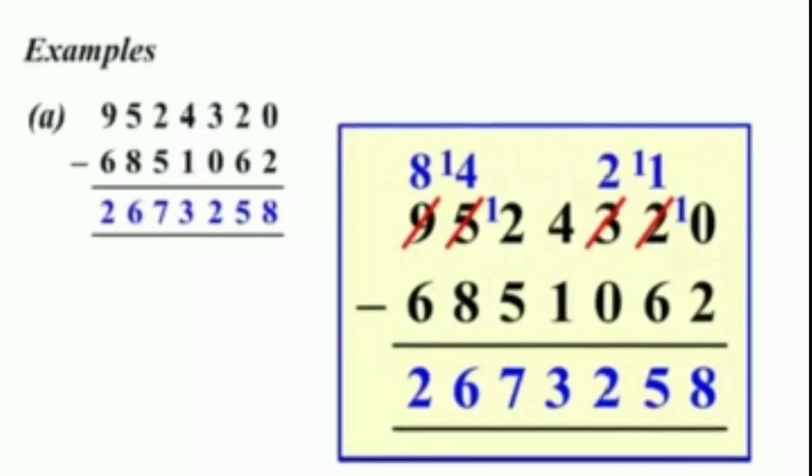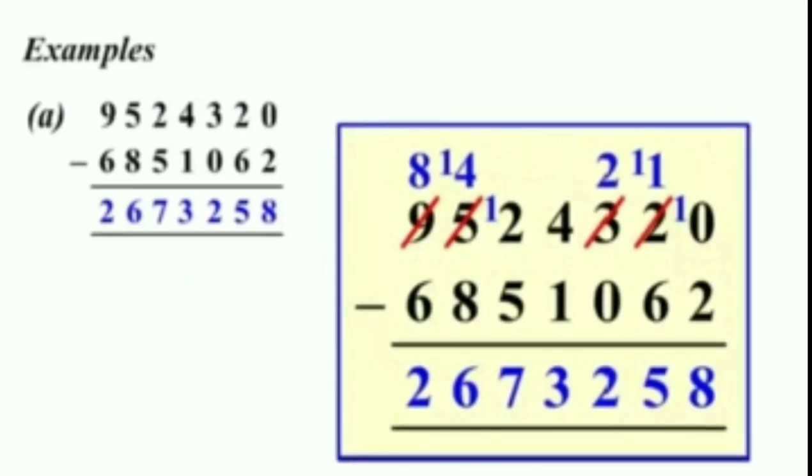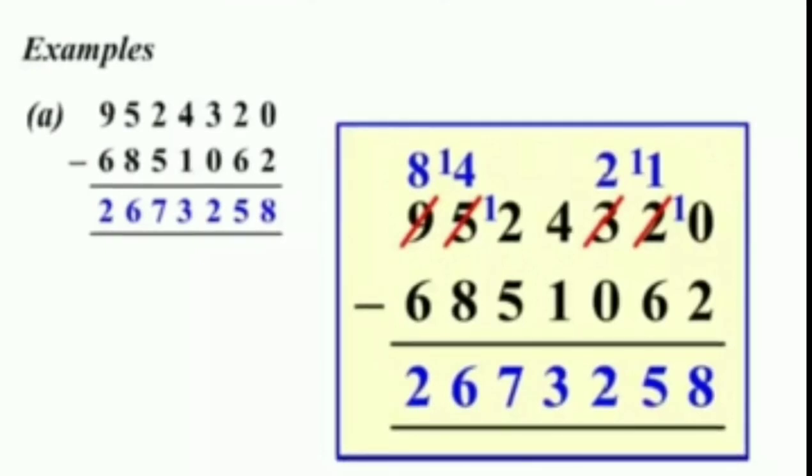Similarly, moving on to the next digit, 3 has become 2. So, we just subtract 0 from 2 and we get 2. Again, we subtract 1 from 4, we get 3. We just subtract 5 from 2, but it is not possible. So, again 2 has taken a borrow and will become 12. So, we subtract 5 from 12 and we get 7.